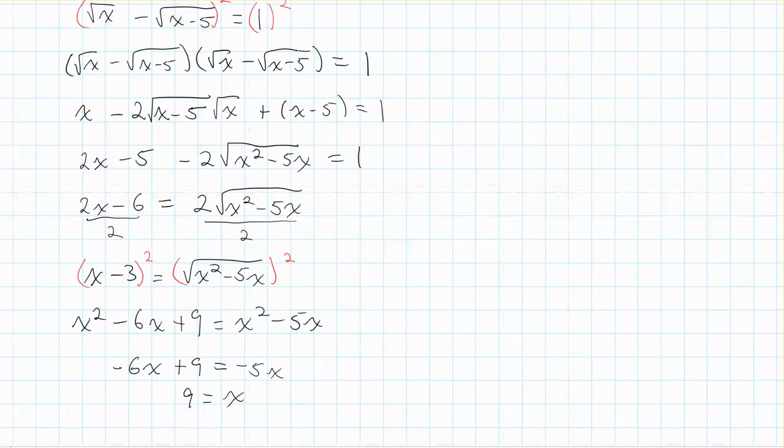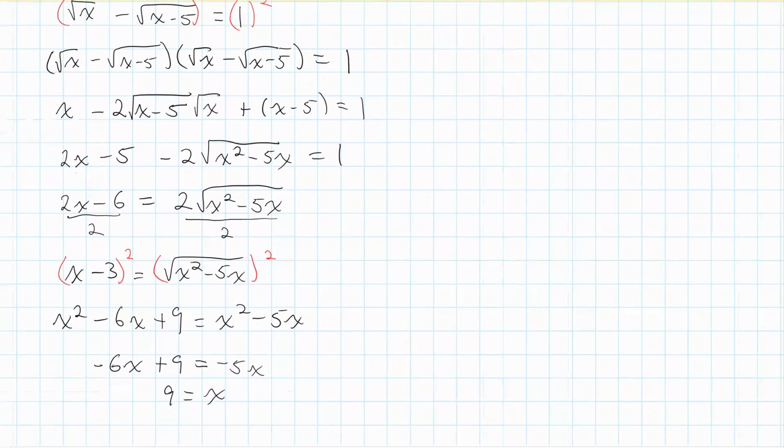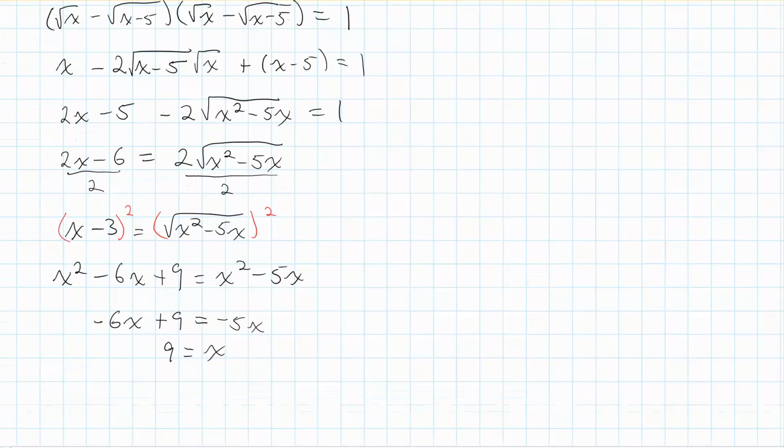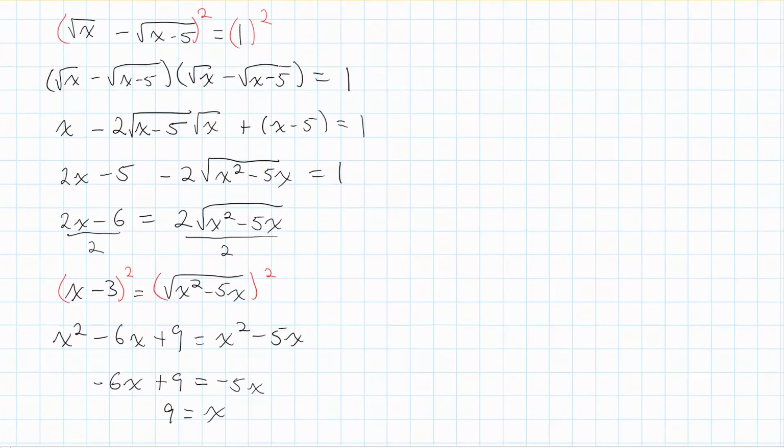Now, because I did so much squaring and everything, I want to check to see if that is a solution that works. So let's check that in the original equation. So I'll just put it off to the side here. So my original equation is that the square root of x minus the square root of x minus 5 equals 1. And so substituting 9 in, we'd have square root of 9 minus the square root of 9 minus 5